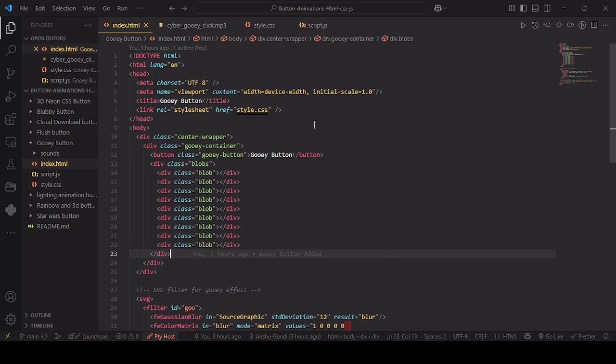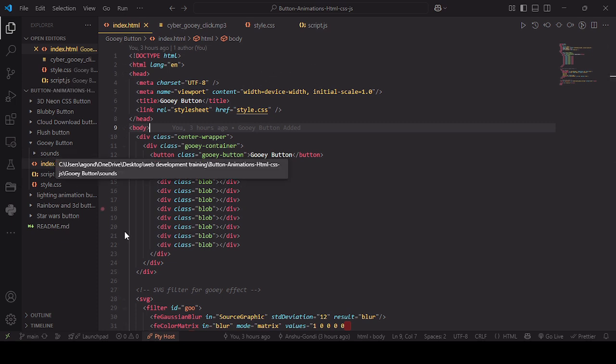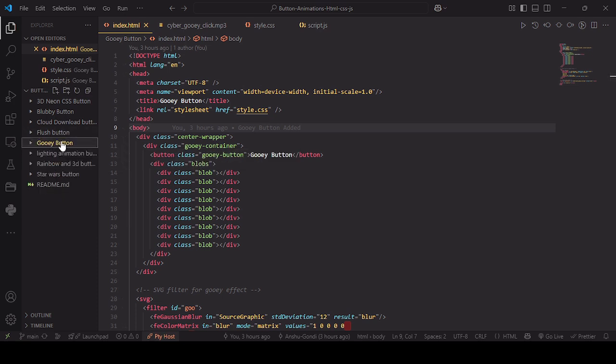Today I am going to teach you how to make a glowy button by using HTML, CSS and JavaScript. So for that, I will introduce my own file structure, as we have taken the sound